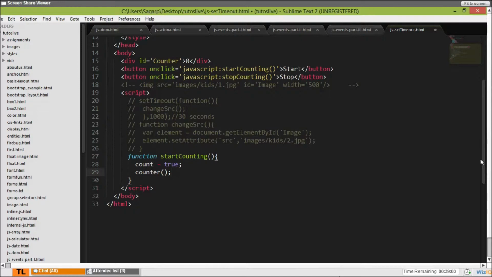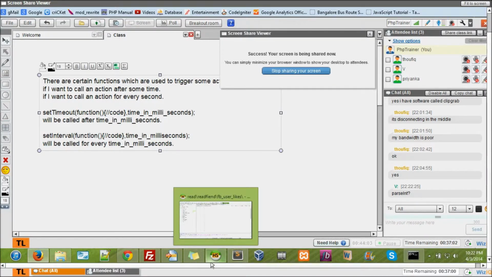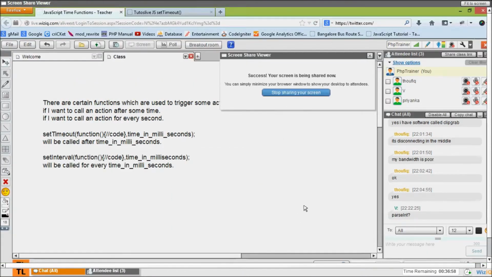Yeah, parseInt is a function which is used to convert a number string into a number. Because in JavaScript, okay, a plus operator is a mathematics operator, like addition operator when it is operated on integers, whereas the same plus can be used as concatenation for strings.